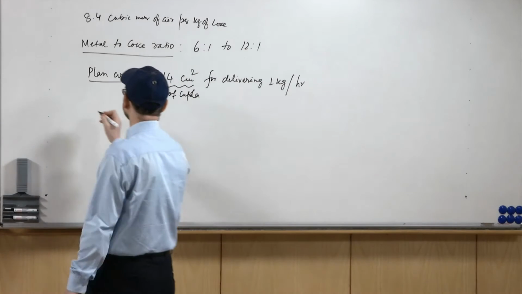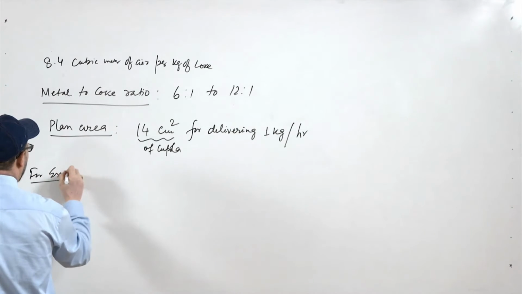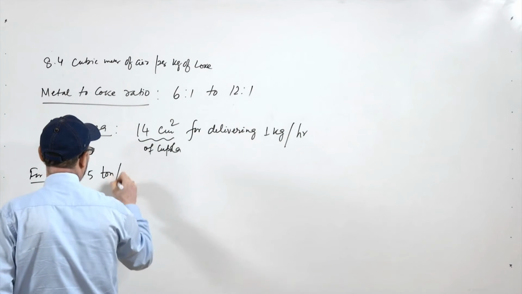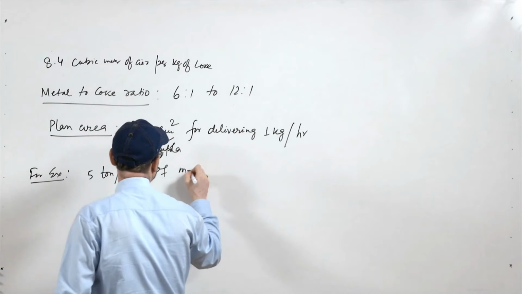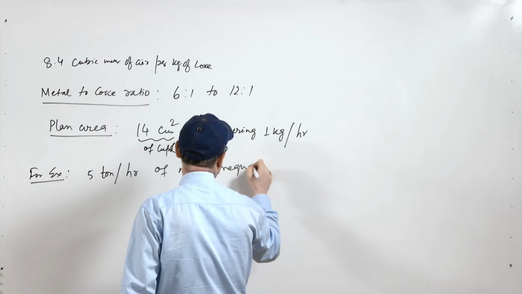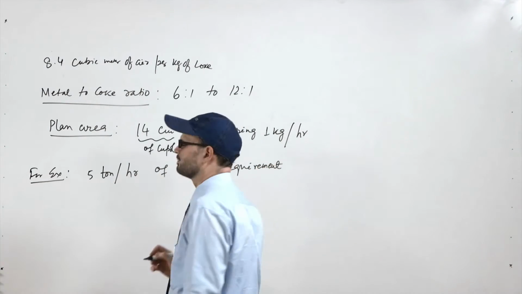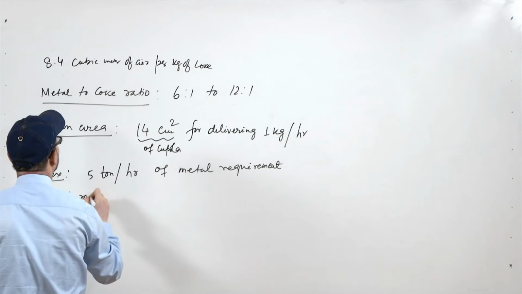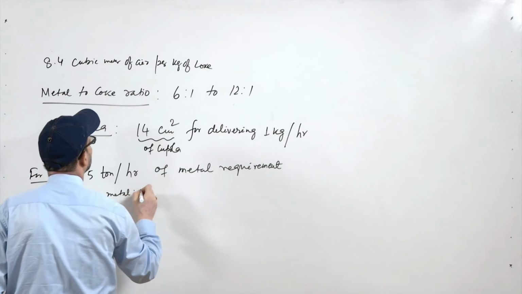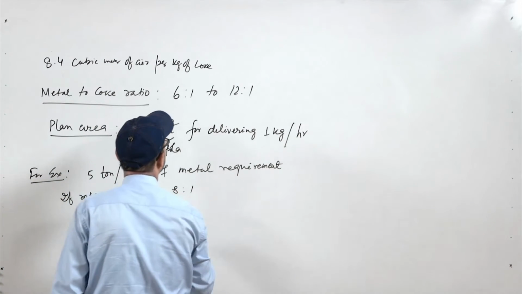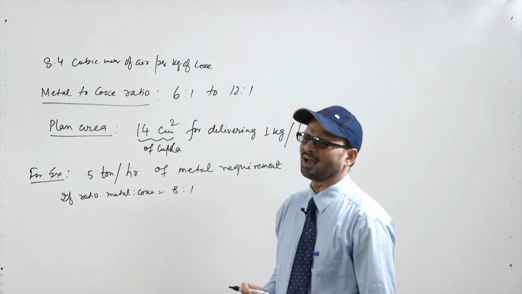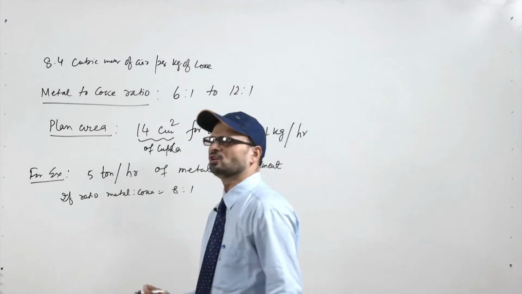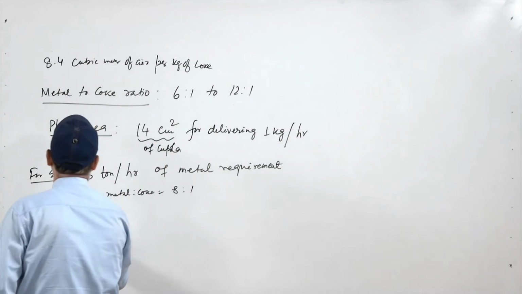So, suppose for example, you plan to have 5 ton per hour of metal requirement, and you take the metal to coke ratio as 8:1. So, for 5 ton per hour of metal to be delivered, you need the amount of coke